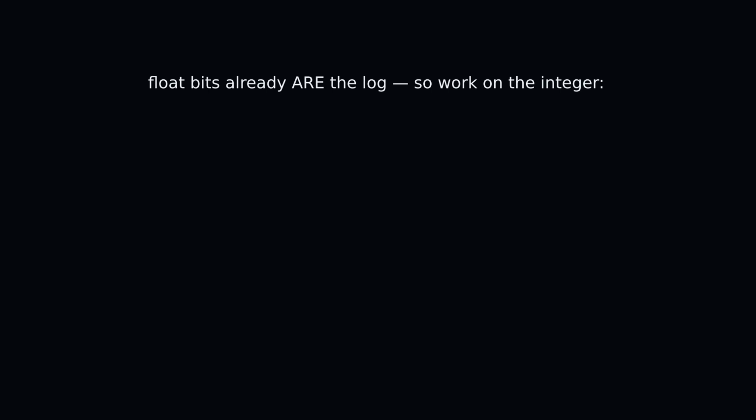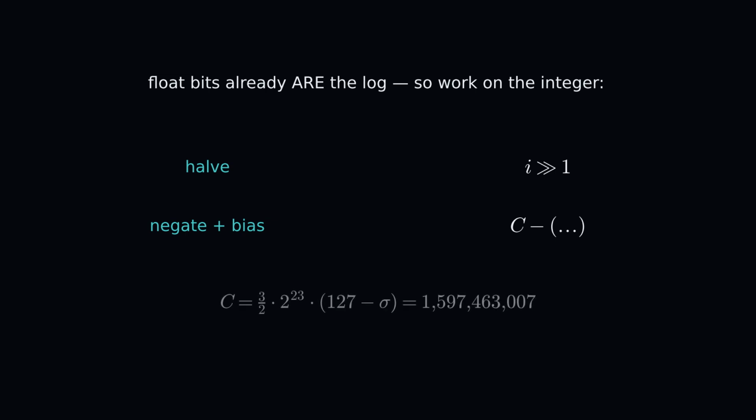But we just learned a float's bits already are its log, so we can do it directly on the integer. Halving a number is a single right bit shift. I shifted right by 1. And negating, then shifting everything back into place, accounting for that 127 bias and the small correction, collapses into one constant we subtract from. Work out what that constant must be. And it comes to